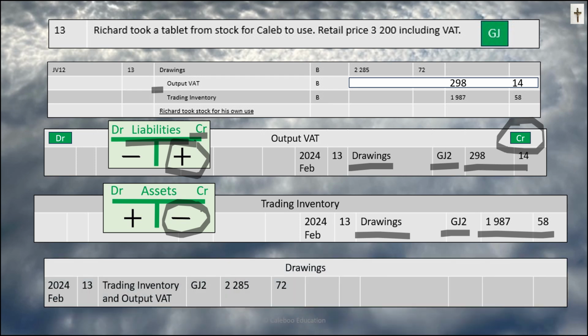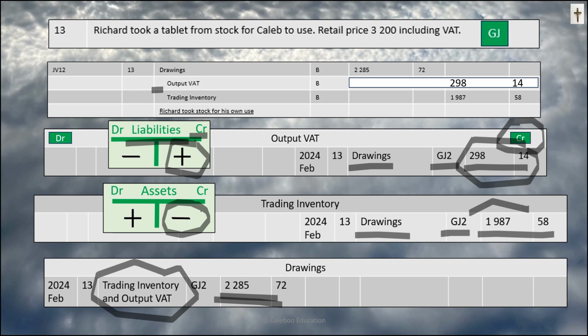And then what was the value of the drawings? The value of the drawings includes the output VAT amount. It's 2285 and 72 cents. And they're the contra accounts. So the total amount is in drawings, and that 2285 is made up of output VAT and trading inventory. So this one was a little bit tough, so watch it a couple of times, calculating the amounts and understanding why